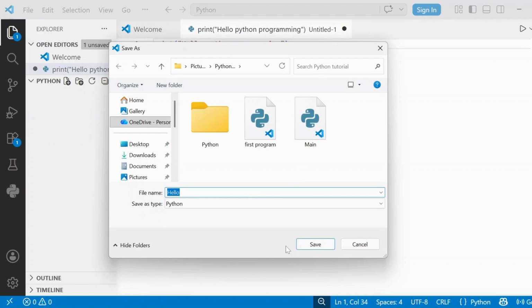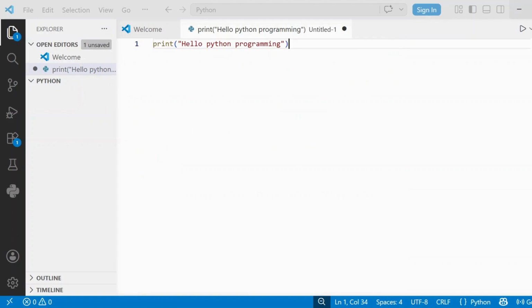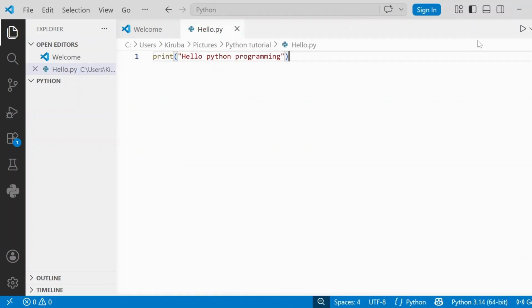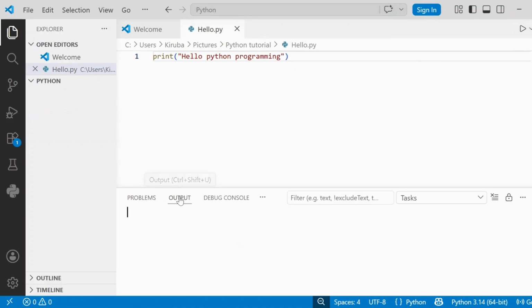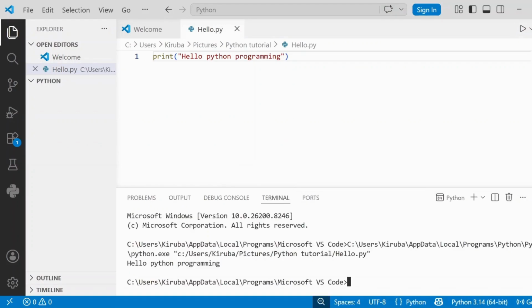Once it is completed, now we're going to execute the code. You have to click the run button, and you can check your output in the terminal. Now you can check your terminal. We get our output as hello Python programming. Congratulations, you have just written and executed your first Python